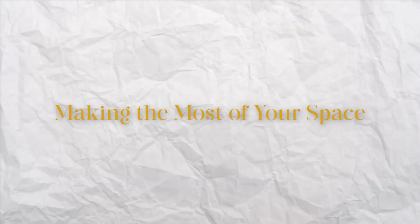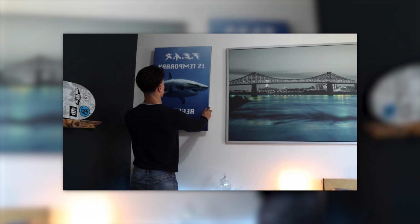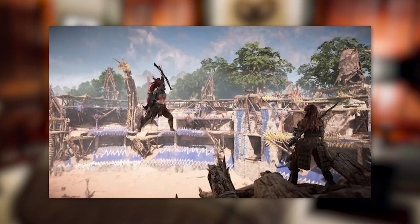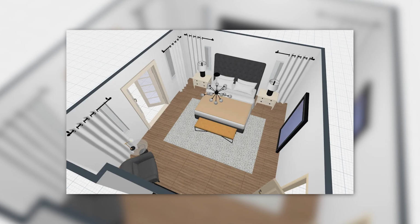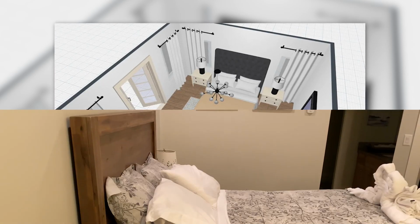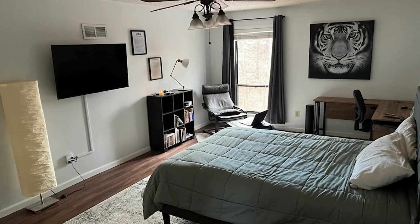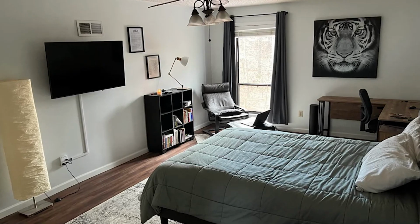Making the most of your space. Regardless of your room size, layout is the key. Make sure your bed, desk, and other essentials aren't just floating randomly like glitching NPCs in a game. Map out your space into zones for sleeping, studying, working, or just chilling out. Start with the bed. It's the biggest piece of furniture, so it should anchor the room. If it's awkwardly floating in the middle, try pushing it against a wall or into a corner to create more